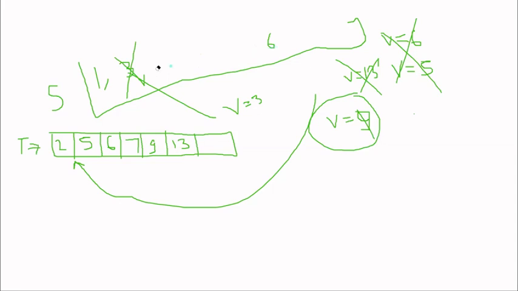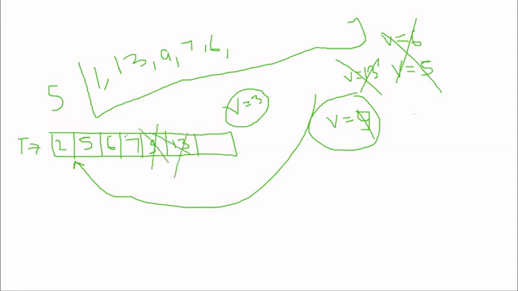Let's say it will be 13, it will be 9, it will be 7, it will be 6, because all these elements are greater than 3. And what we have to do, we need to pop all these elements and push into this stack until we reach an element that is less than this v. So 13 is being popped, 9, 7, 6, as well as 5. So 5 will be added here.